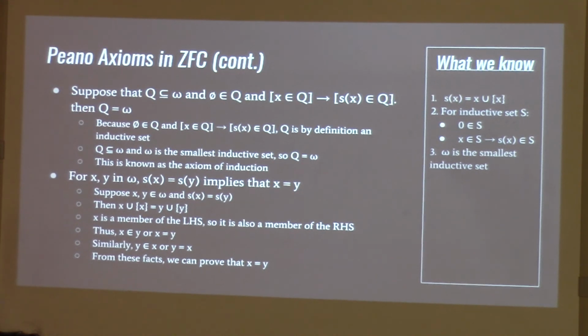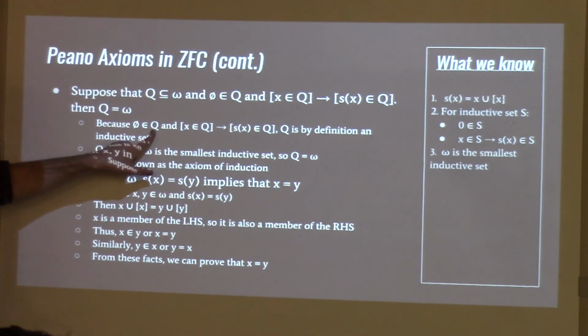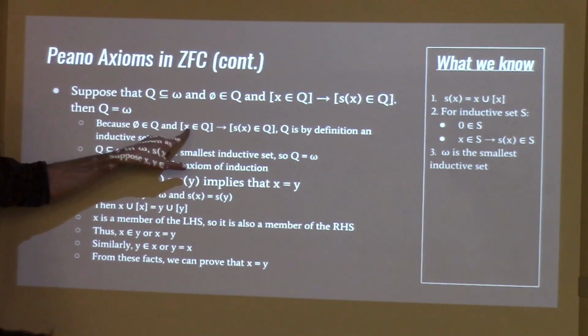All right, good. So how do you do this? You just start. You start with some subset Q, and you suppose that the empty set is in it, and that whenever a number is in it, the